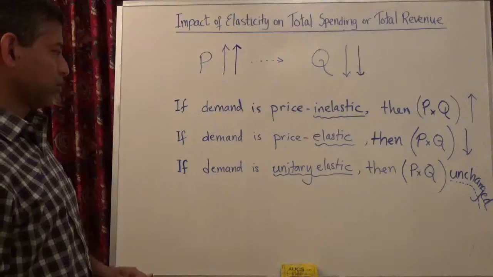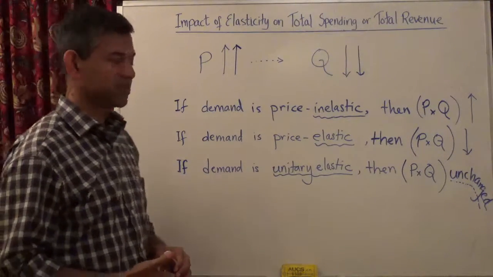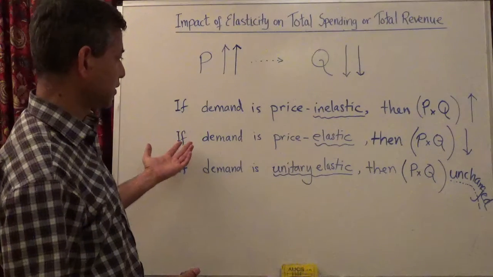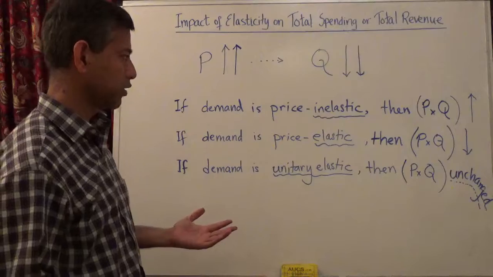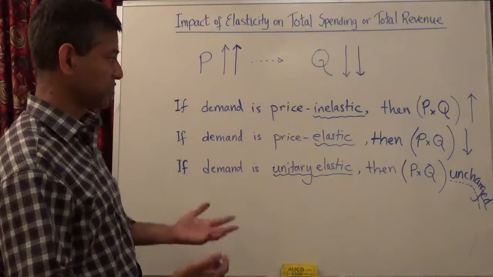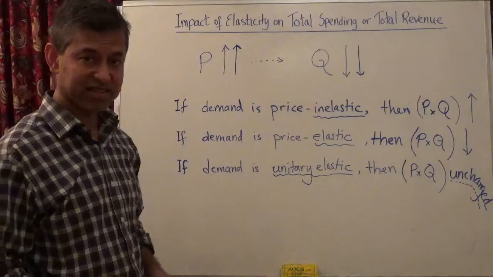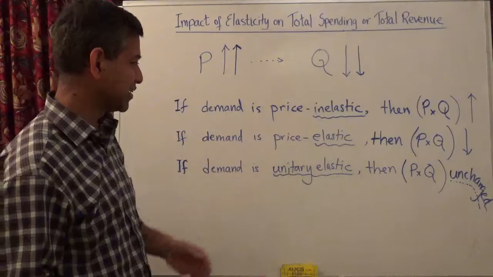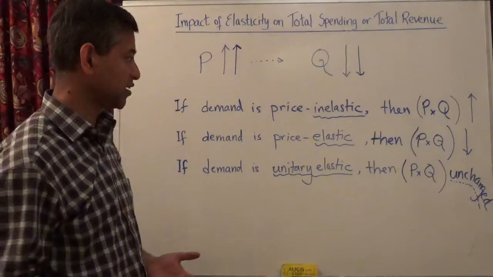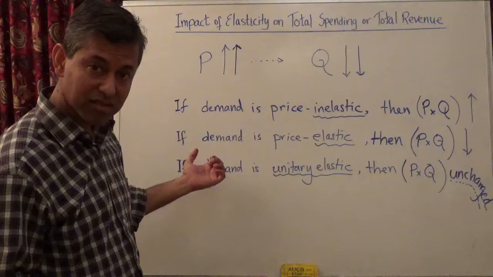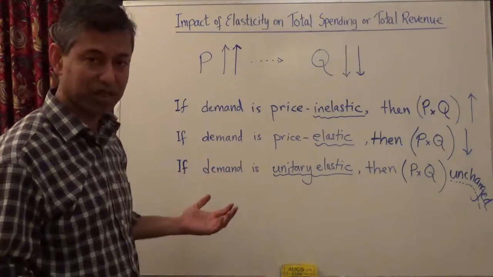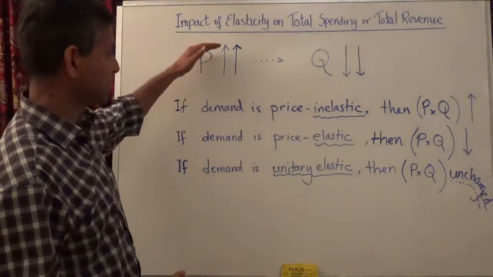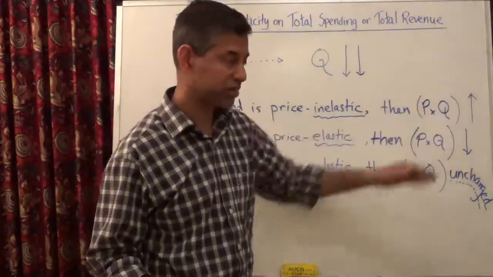Okay, so that's the impact of elasticity on spending versus the price changes. And in the case where a store is trying to figure out what to do in order to get more sales dollars, they would want to look at elasticity information. So for instance, if they knew that they're selling a product that has price inelastic demand and they wanted to increase their sales, then would they reduce the price to get more people to buy, or would they raise the price to get more dollars in? It turns out with price inelastic demand, raising the price would lead to greater dollar sales